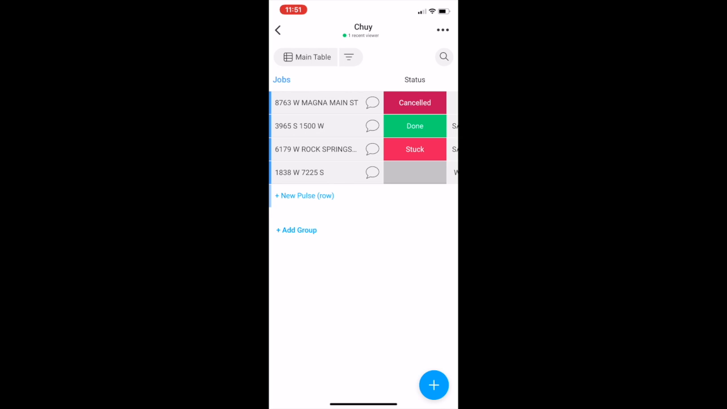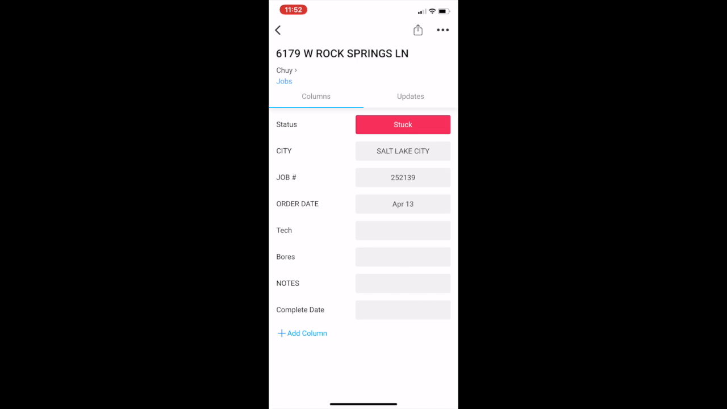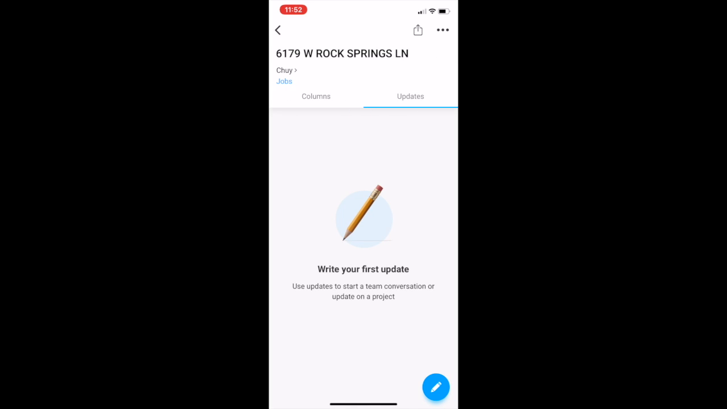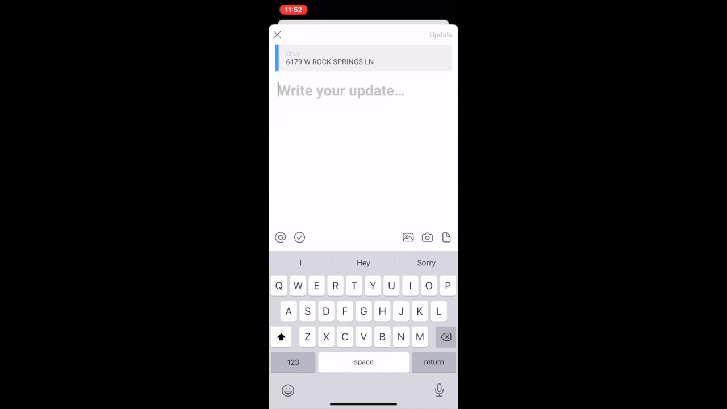And then to just kind of update us that maybe you hit a sprinkler or something like that, we'll use that as an example. If you look to the right of that, you'll see kind of like a little message bubble. If you click on that, it'll give you the option to give us an update. So once you click on the bubble, it'll take you to a menu that looks like this. And in the bottom right corner, if you click the pencil button, it'll give you the option to write an